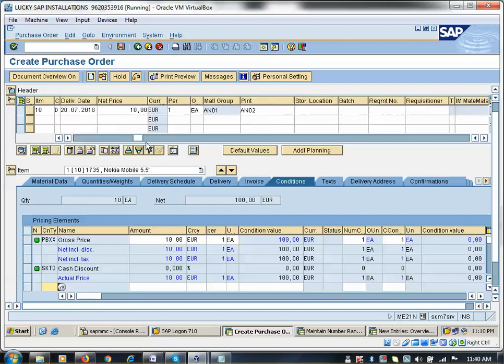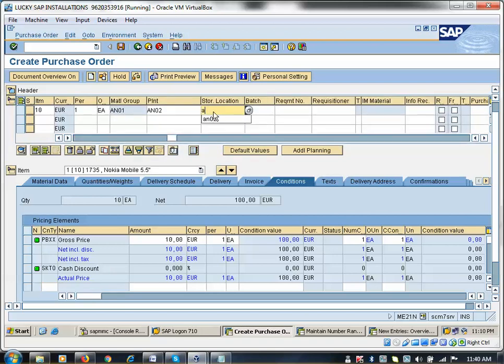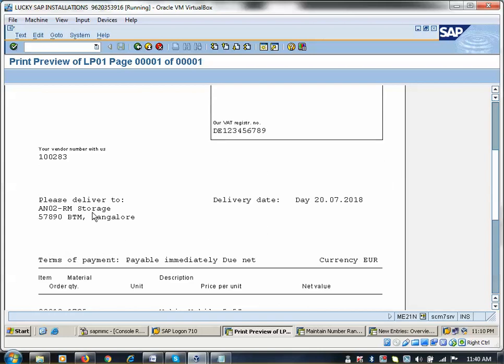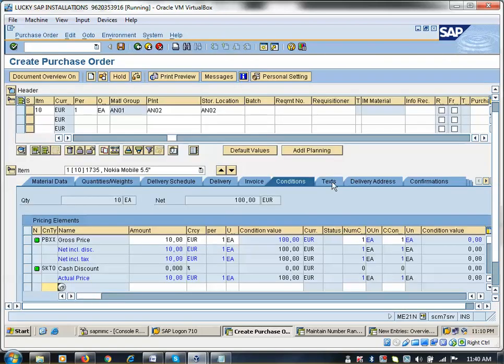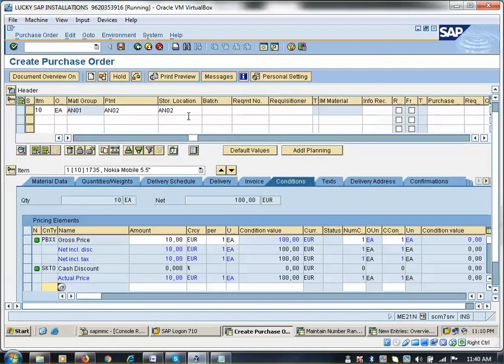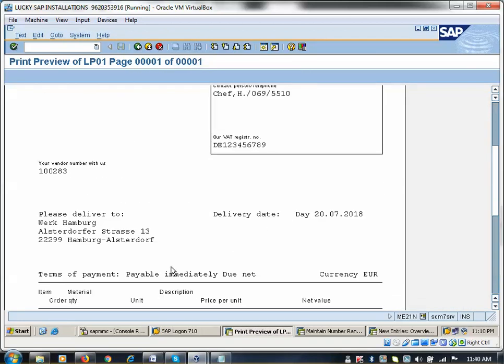I am going to show it here. Storage location address here. AN02. Okay. Click on print preview. See now, this is the storage location address. If you enter the plant, you can deliver to any storage location. If you enter the storage location as a specific one, you have to deliver the product to that specific storage location. If I remove this storage location during the PO creation here, I can see only the plant address as the delivery address. See now, this is the plant address. Are you getting the difference? So this is the one. The scenario I explained, the configuration also I explained.